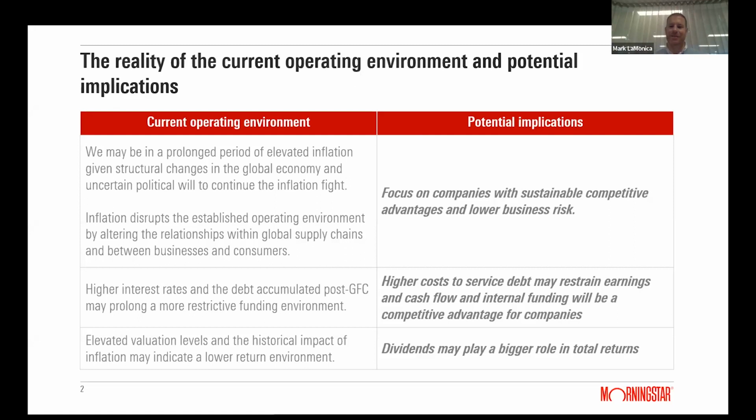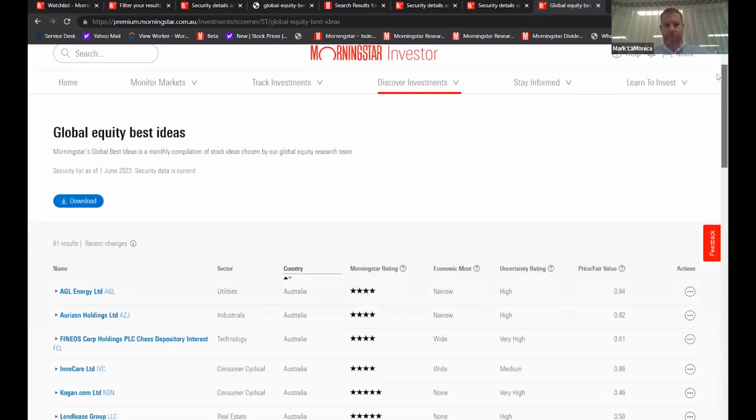All right, so how does this all play in? The first thing I would say is that it doesn't mean that any of this stuff that I put on the slide is necessarily what is going to happen. For all we know, inflation could fall significantly, interest rates could be cut significantly, all sorts of things could happen. But I just wanted to use this scenario as a basis, whether you believe it's going to happen or not, to go and look at a couple shares in our global best ideas. So let me go back to that, and we can try to pull out a couple examples.